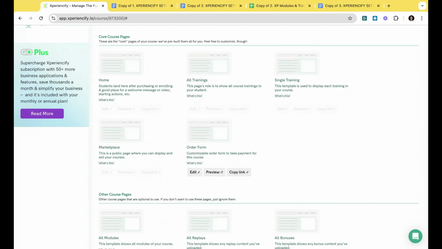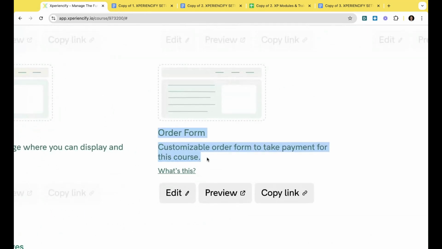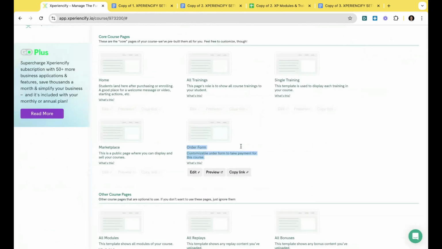But it's also our way of helping you to actually get your course done and publish it out into the world. There are really only 3 pages that you need for any one course. You need an order form. Some people call it a landing page, some people call it a sales page. An order form is where, when you send people the URL to your course, that's the first page they're going to see, and that will be the place where they enter their name and their email, and in this case, their credit card information in order to purchase your course.